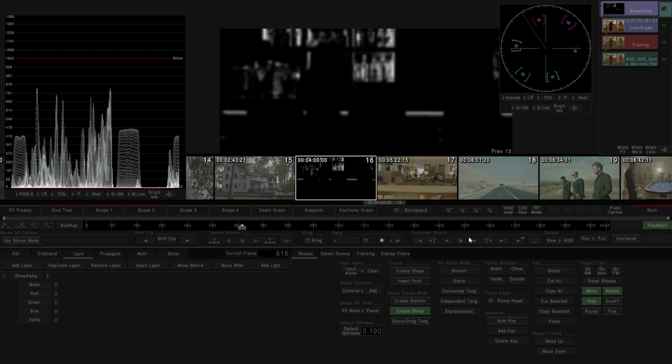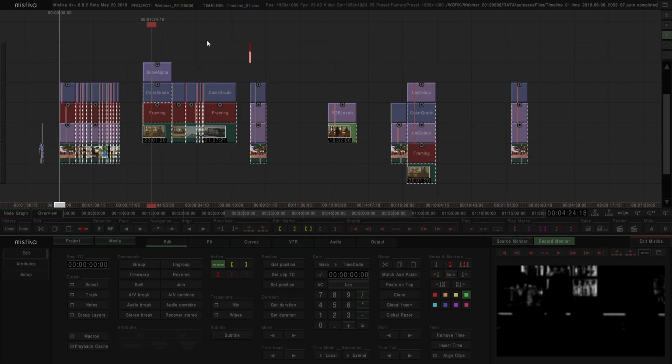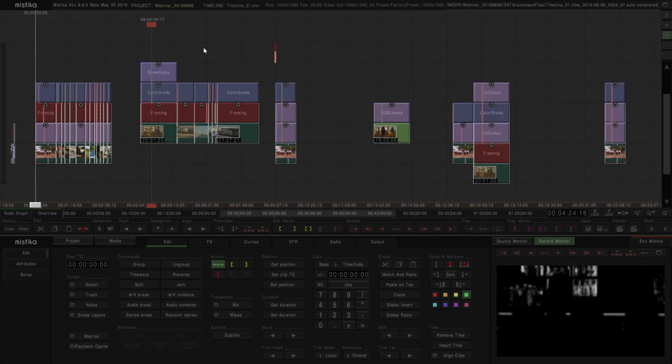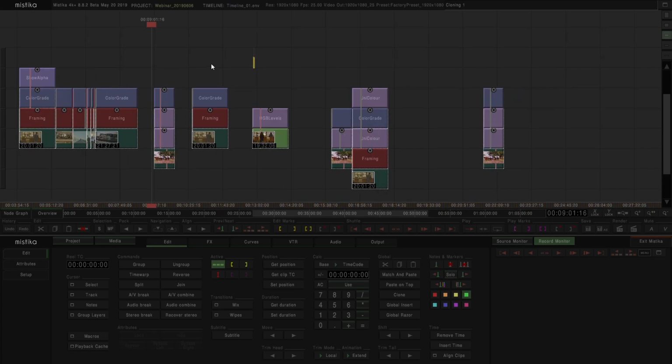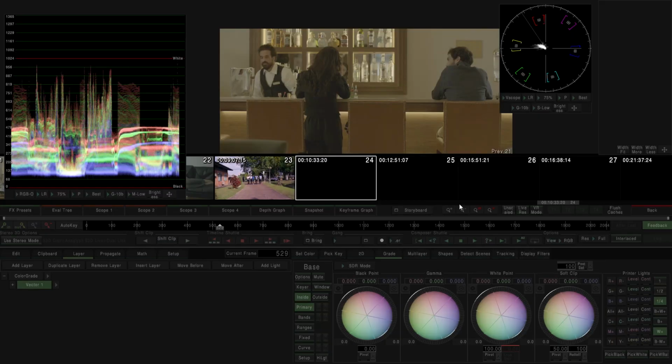Let's go and see what we could do in bands without blowing out the whites. That's actually a very good question, and I should have addressed it during the webinar. Let's do it with this shot, because we have nice highlights. I'm going to clone it and take it to another part of the timeline, so we can easily do this. So in the color grade node,